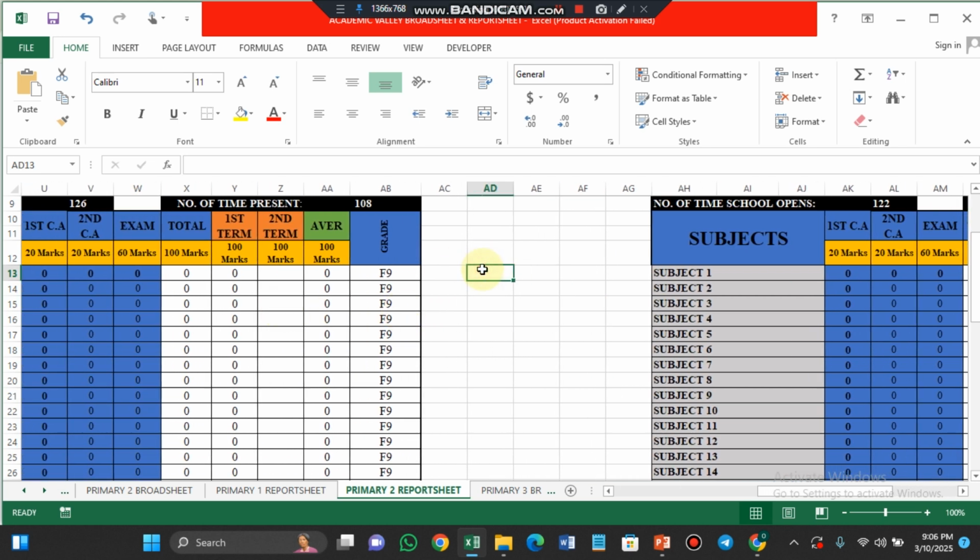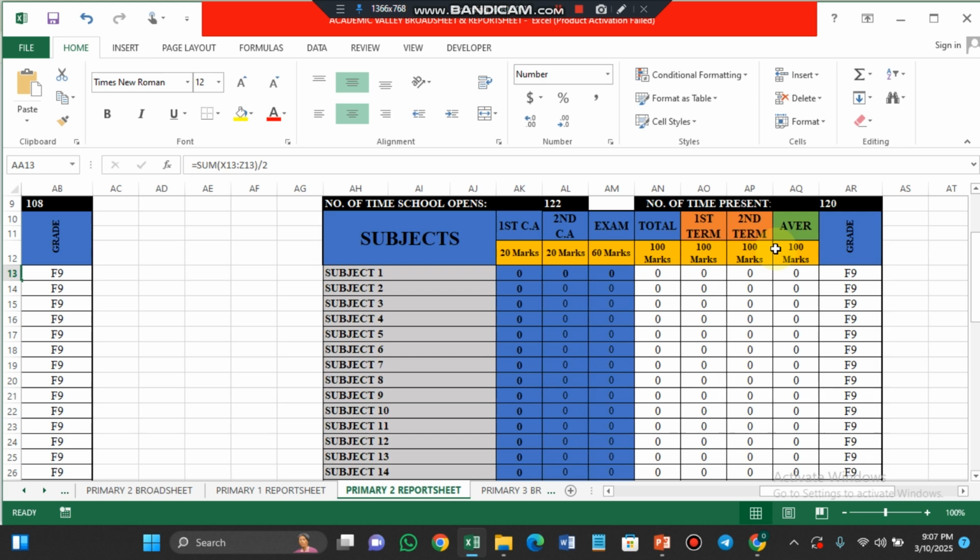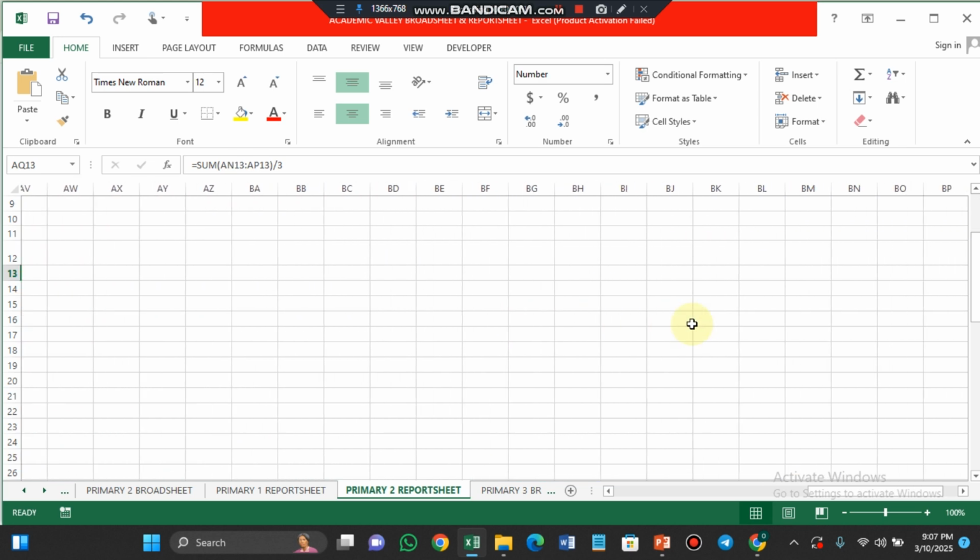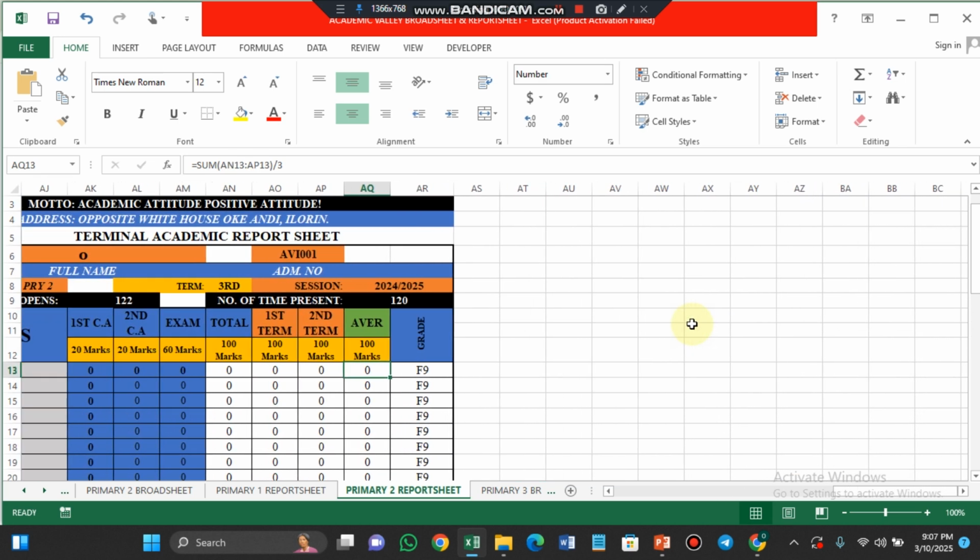Then I drag down to fill the other cells. Like this one, I wanted it to be divided by 2, the sum divided by 2. For this one, I wanted it to be divided by 3. And in some other cases, just go straight and use this,